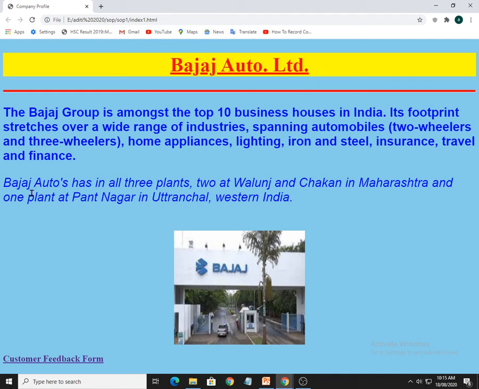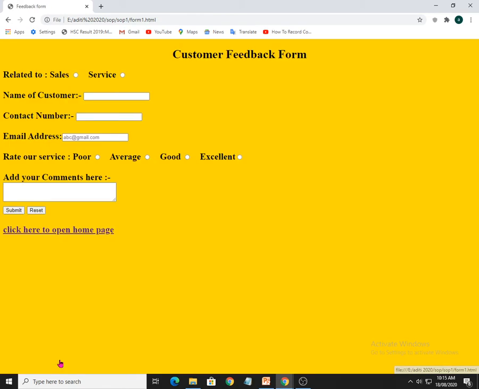First, two paragraphs I am having. For one paragraph I am giving some font size with the bold effect and some font color. The second paragraph I am giving with italic effect, even some font size and all. Then I am displaying one image related with the profile, and at the last I have a hyperlink. This is what you can call a navigation link or hyperlink for the next page. Just clicking here, see, I am getting the second page, which is page2.html, or you can add any suitable name. It must be related again with the theme.